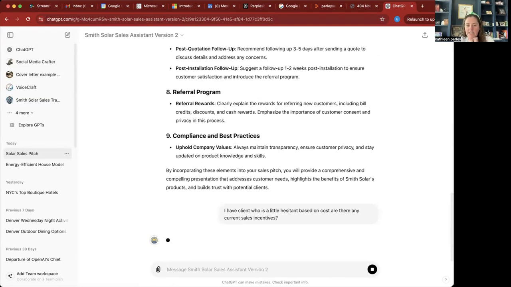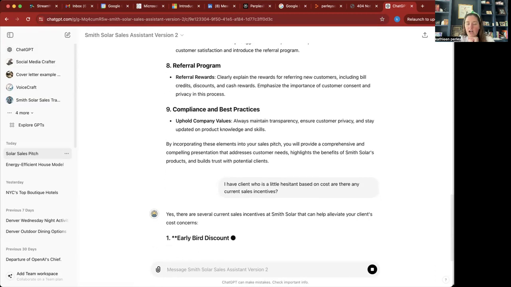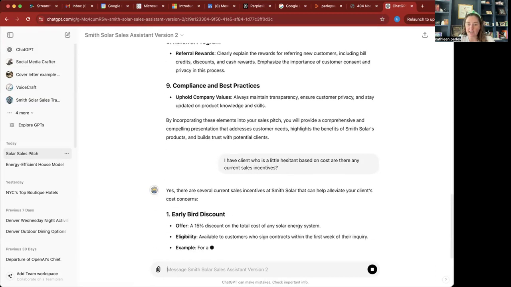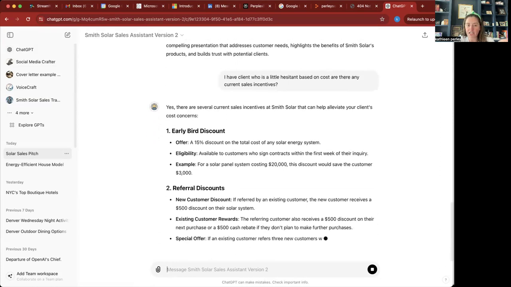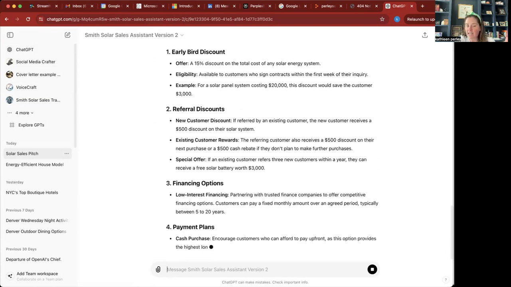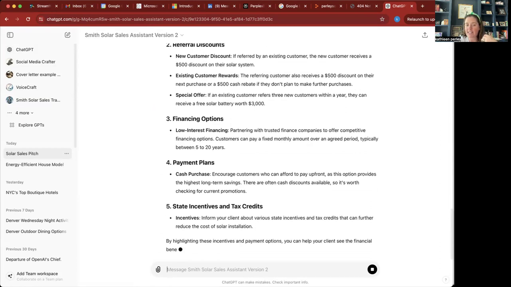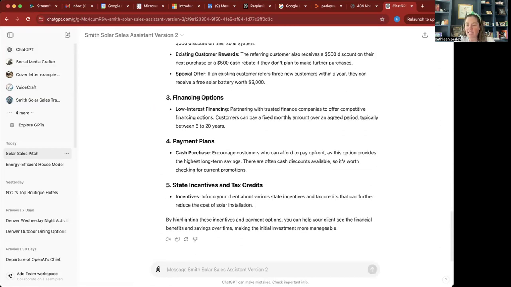And so this will talk through the early bird discount, which is something I had in my knowledge-based documentation, referral discounts, financing options, payment plans, and it'll actually highlight that there are state incentives and tax credits that are available. It does not, and so let's just say the client lives in Texas, and what tax